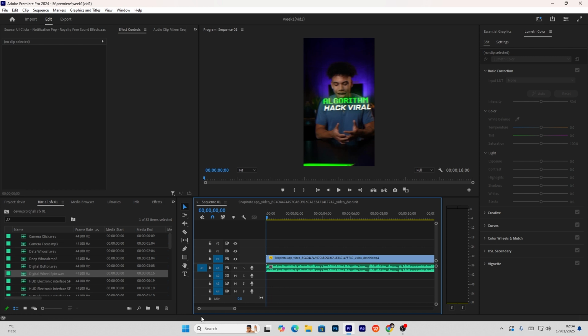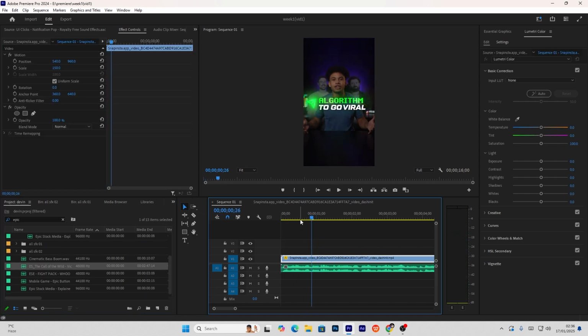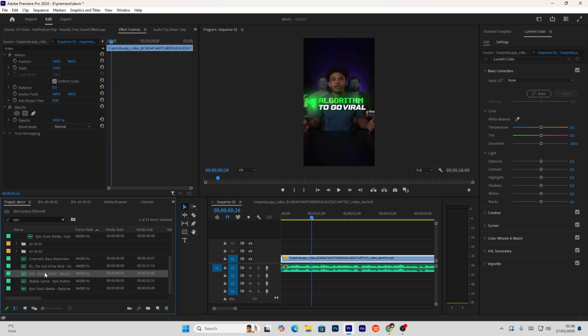So as we'll be trying to create the momentum at the very start, we'll be using some kind of emotional sound effect. Right now I have a boom sound effect, kind of a boom sound effect which is also electronic, that will be very suitable here. Every social media guru has used some movements here, and he's trying to also keep up the pace fast, strong from the very start, okay? So this is a sound effect which I'll be using.